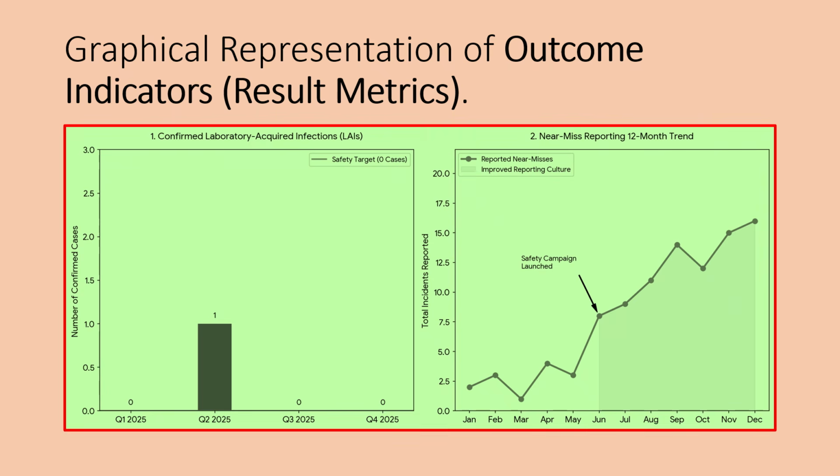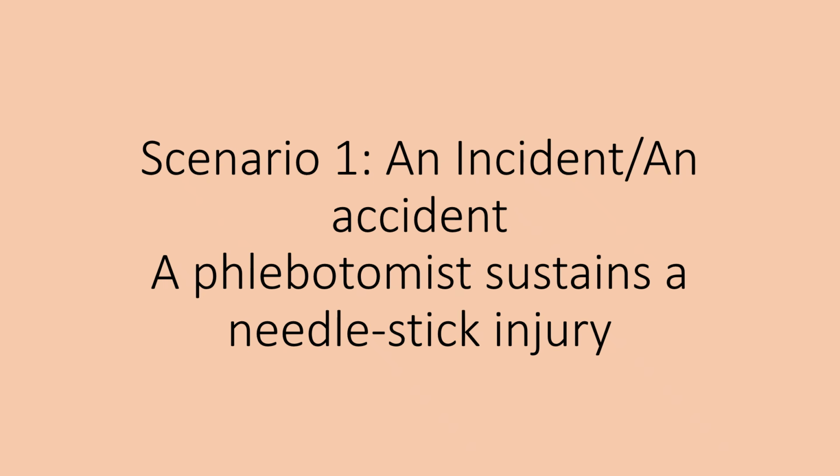The second one is near-miss reporting trend. This live chart tracks non-harm incidents like dropped and shattered vials or minor glove tears over a 12-month timeline. In safety performance, an increasing trend in near-miss reporting is often a positive indicator. It proves that personnel trust the safety culture enough to report minor errors before a major injury or infection can occur. We shall now move on to a series of scenarios in order to understand the concepts that we have